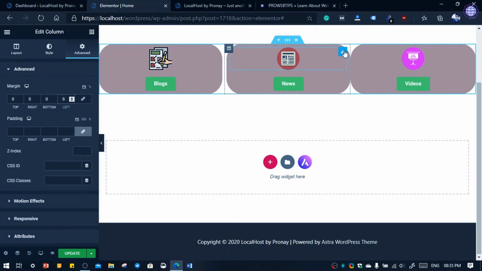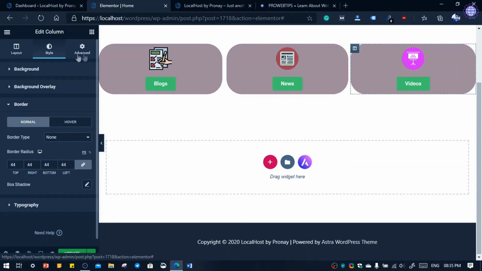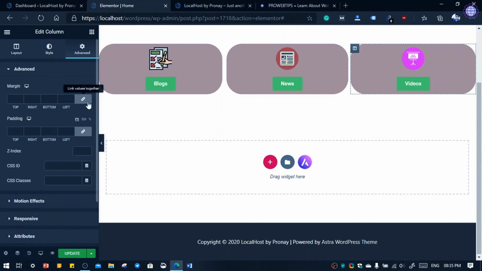Okay, now right side 6, and this one, click here and click advanced, unlink the values, and first left side 6, then right side 6. Okay,